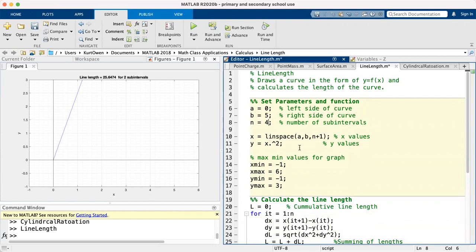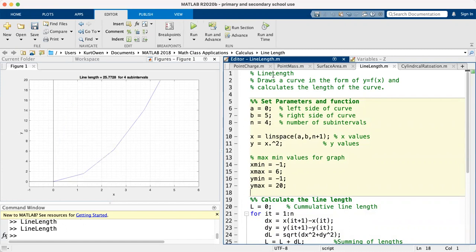All right. Since we're going to go to 4, y max better be obviously 16 or bigger. Let's change that up to make that 20. And we can run the code and we can see our parabola, and we have the calculation for the length of the line in the title. Now remember, that's the length of the 4 segments using a Pythagorean theorem for each one, and they're then